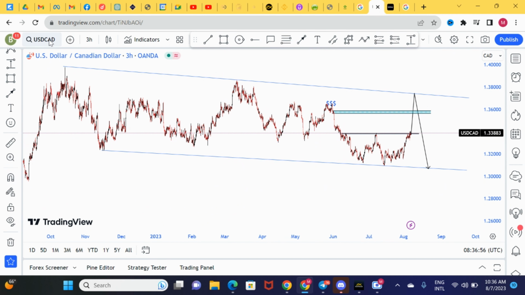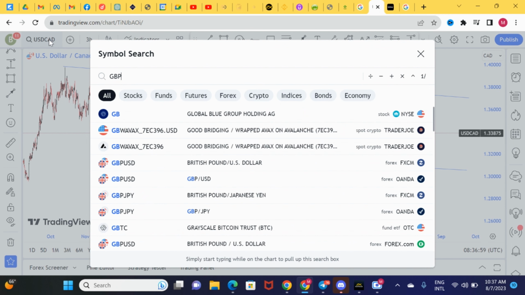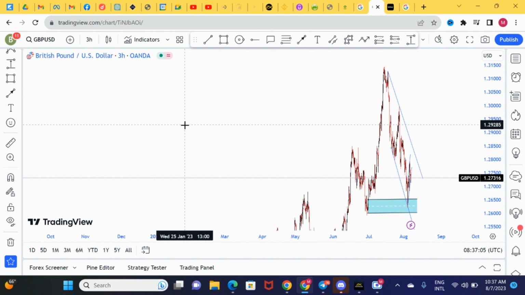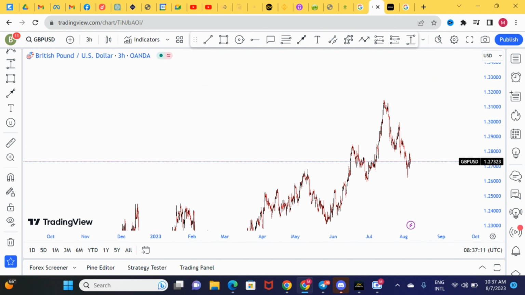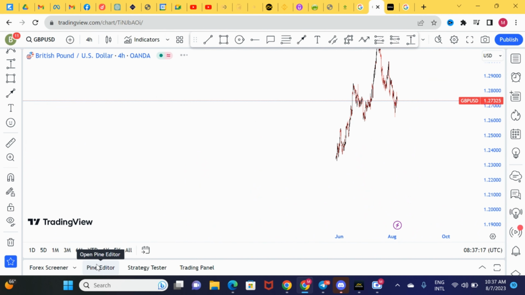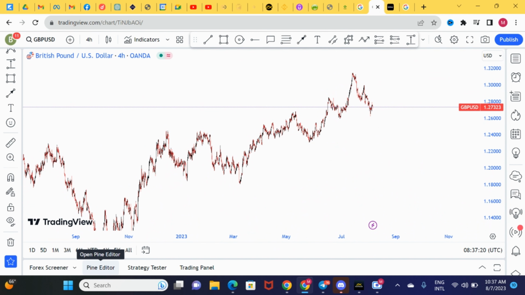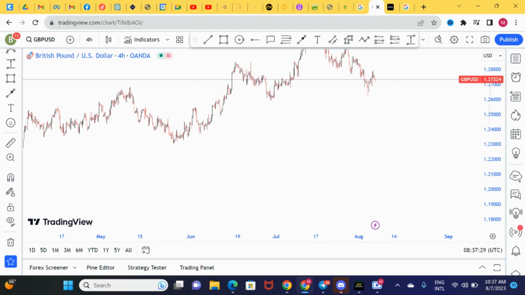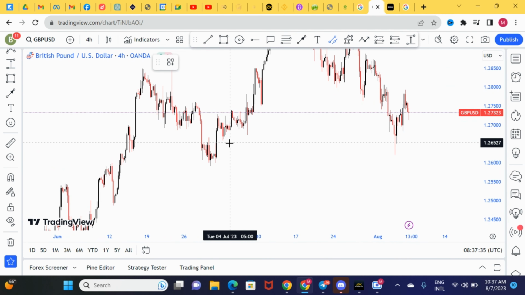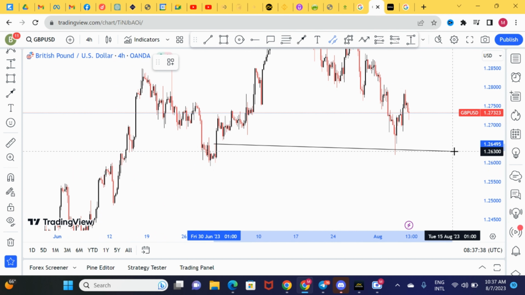Another thing that we'll be looking at is GBPUSD. With GBPUSD, ladies and gentlemen, allow me to delete all this and start from H4. What we can see here is a very good market structure, a very good uptrend. This was a retracement, and then we should be looking at a movement upwards. If we look at this area, it has come to the area of demand. It has tested this area of demand.